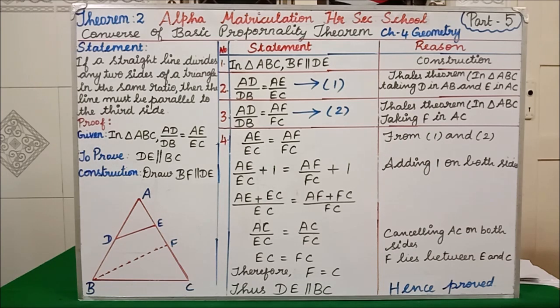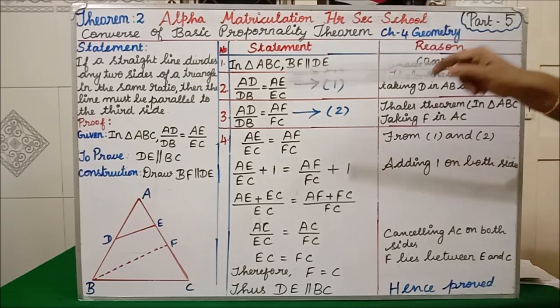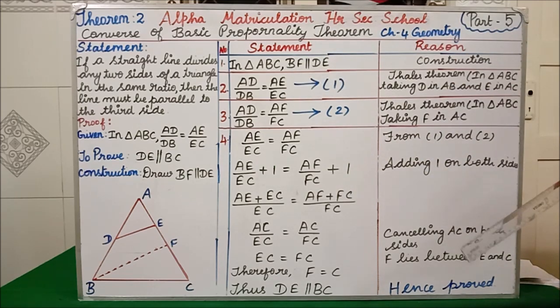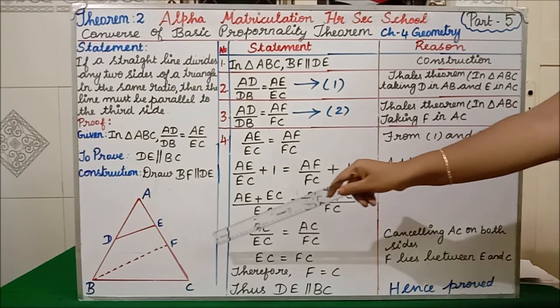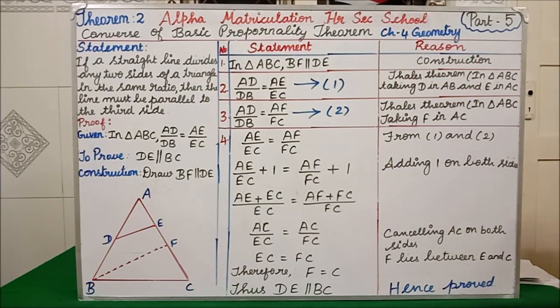Clear? Now, this proof I am going to give you in division form. After drawing this diagram, in your classwork, below the diagram you draw the tabular column and start writing this. Don't split the classwork like this. Due to insufficient space, I have made the board into two divisions, but you should not do like that. After the diagram, immediately draw the tabular column below. Clear? Now we will see the proof.